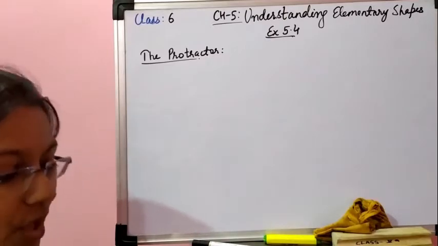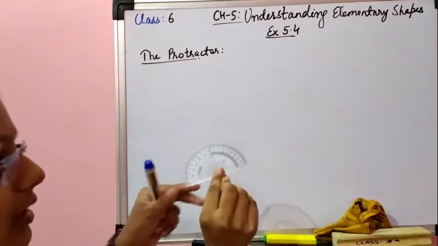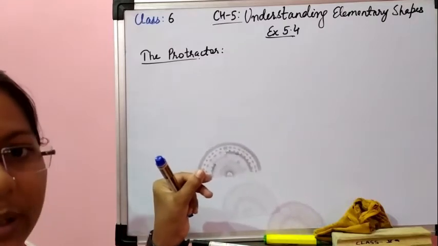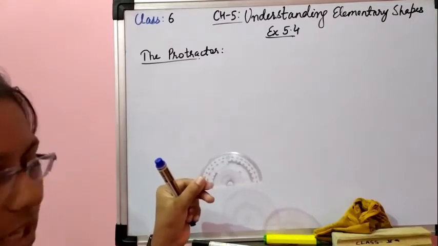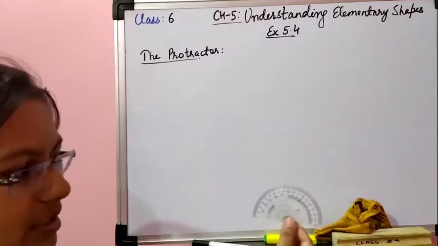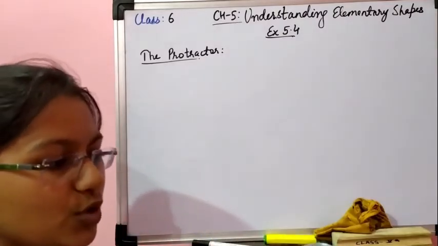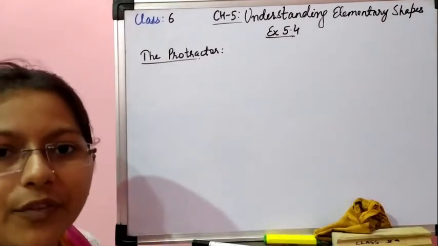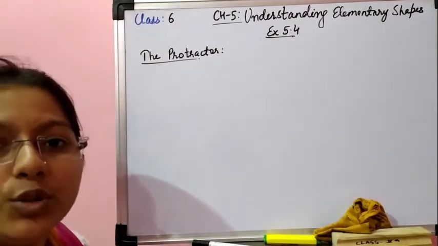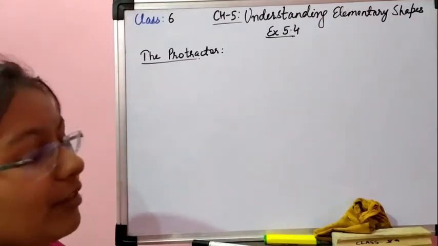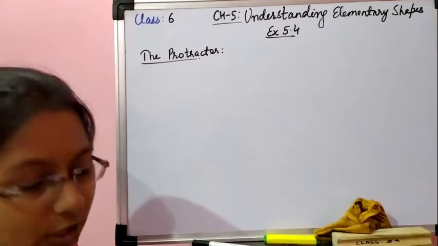of protractor. Now this is protractor. This is one of the instruments present in your instrument box of maths, along with compass, divider, scale. This protractor is also present in it, and this is used for two purposes: either to measure the value of an angle or to draw that angle. Okay. So first of all, we have to understand this protractor.